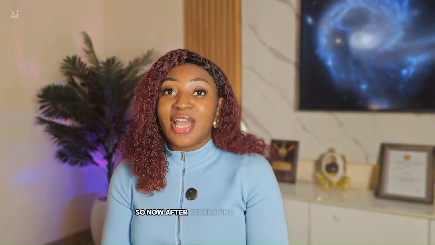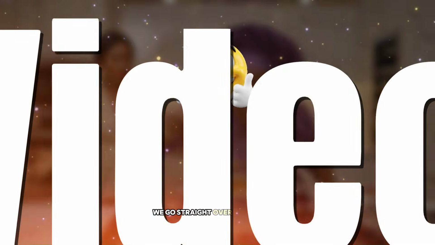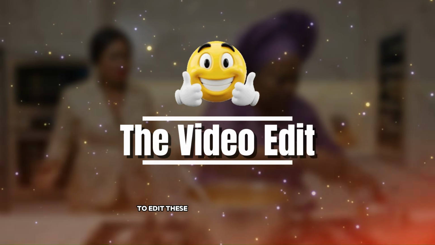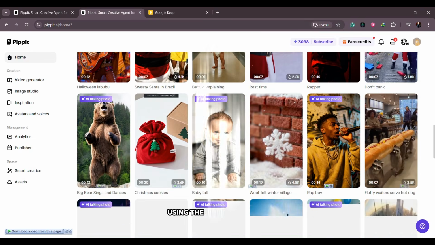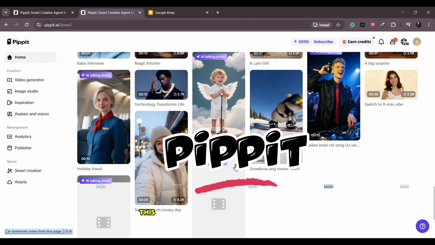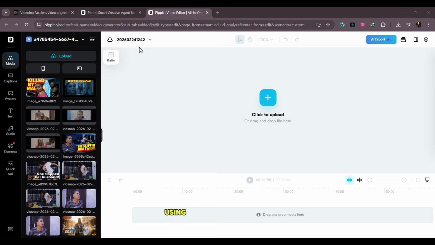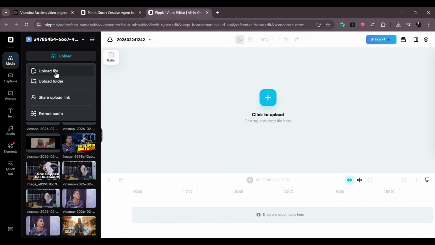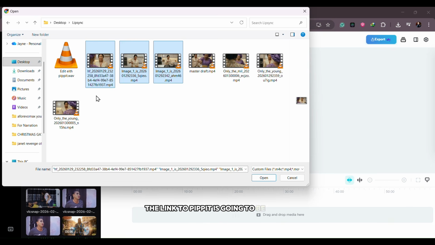So now, after generating all these images, we go straight over to edit them. To edit these videos, I'm going to be doing them online using the Pippit platform. This Pippit platform allows you to edit using the CapCut software. Yes, Pippit is owned by CapCut. So what you do is you click over here. All right, the link to Pippit is going to be in the description, and import all the clips you're going